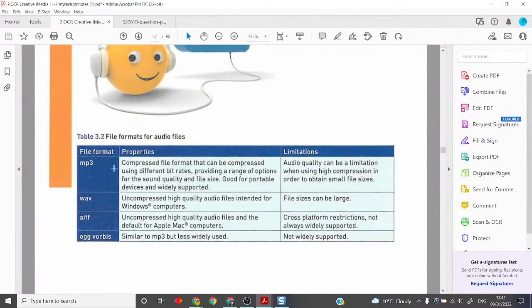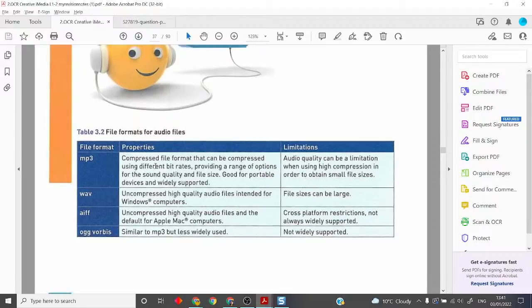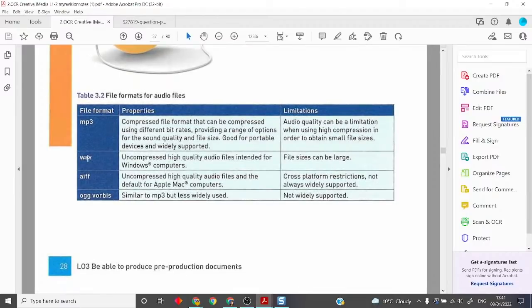So scrolling back up, MP3, it's our compressed file format. It allows you to stream over the internet, and it's good, widely supported. You're not going to have any hiccups using it. Then you have got WAV. Now WAV is your high quality one, so the AVI version, the TIFF version of these file formats. Now WAV is what you're going to use if you are a music producer or you've got your own system set up where you're storing your music files, and the quality is the most important thing. And this is where you would use a WAV file format.